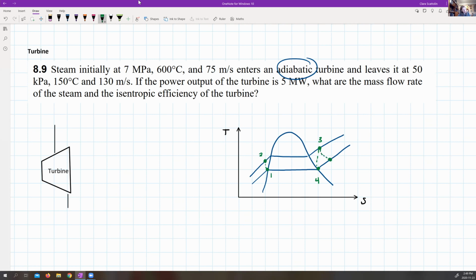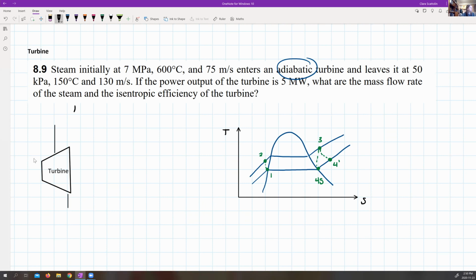So in reality, this is 4S, so this is as if the system was isentropic. In reality, we will end up somewhere over here. So I would call this 4 prime or 4 real. Anyway, the nomenclature isn't really important, but in reality, there will be a small increase in the entropy, okay? So if we look at all of the information given in this question,